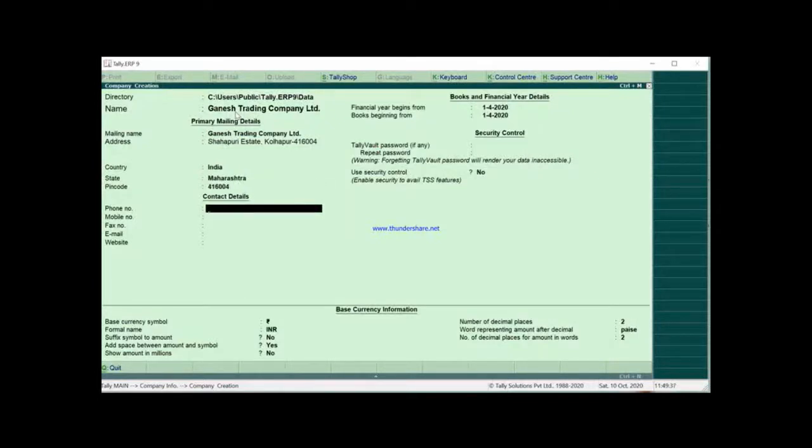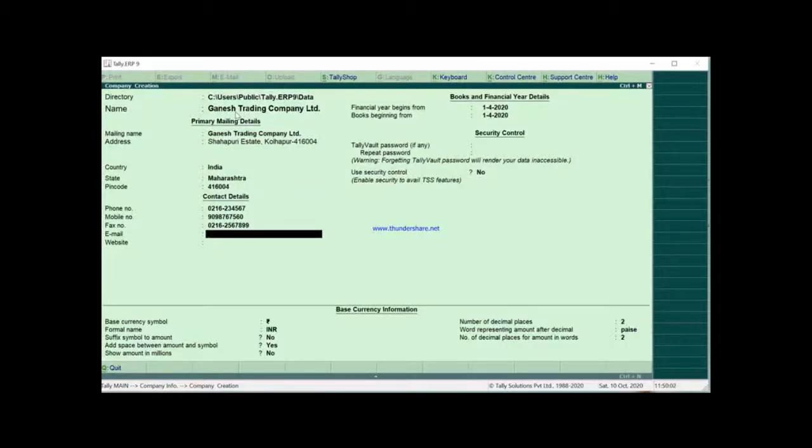Phone number of the company 0216 followed by the phone number. Mobile number, any number you can keep. Then fax number, again 0216 followed by the fax number.